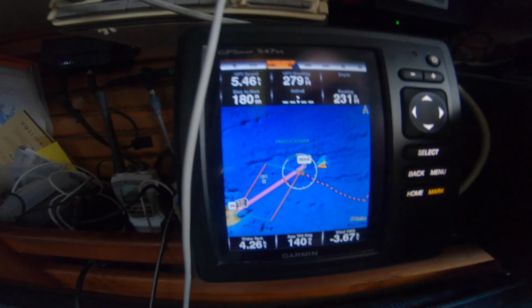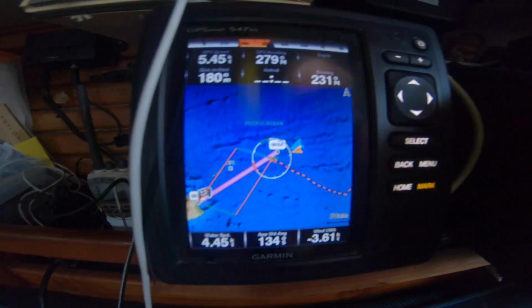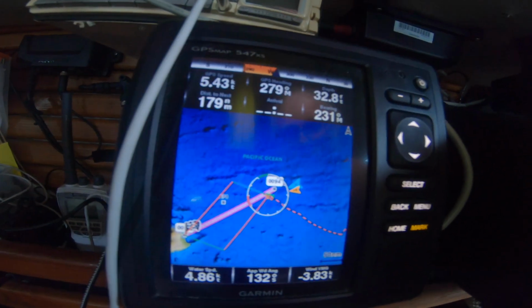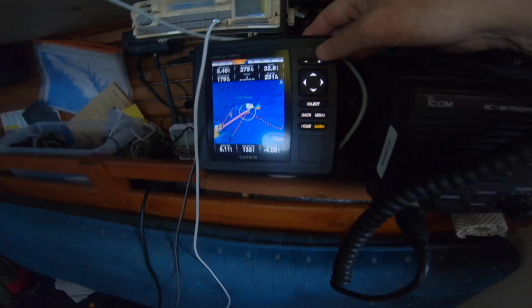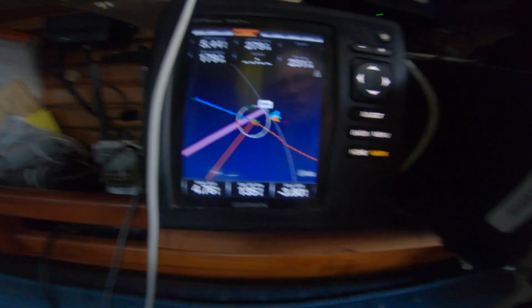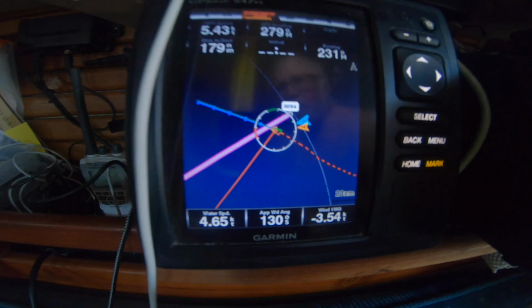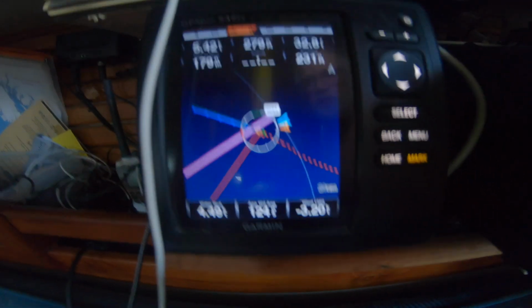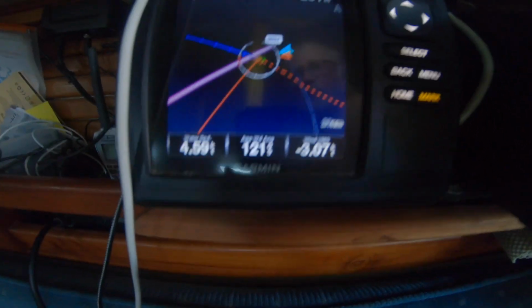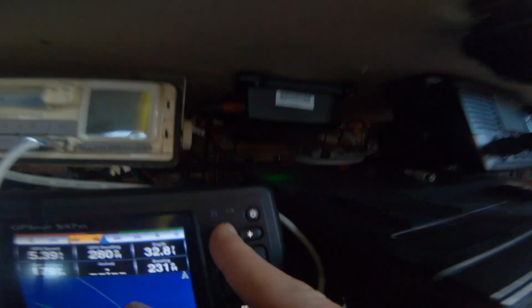Okay, so there's the chart plotter. The magenta line is the line into Hilo, and that blue line that's just about ready to cross it is our projected course in the next 24 hours. Whoa, sorry. And this red line down here shows the closest we can get to the wind if we tack, or gybe, sorry. So you can see that red line is going to be below the magenta line, which means we would miss